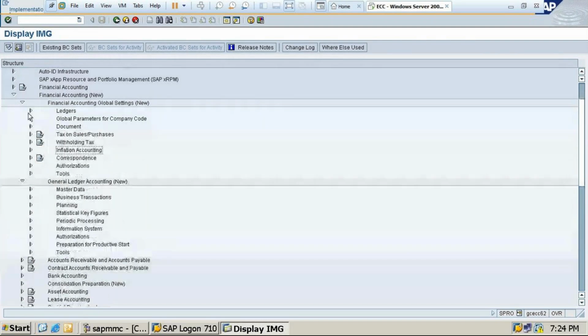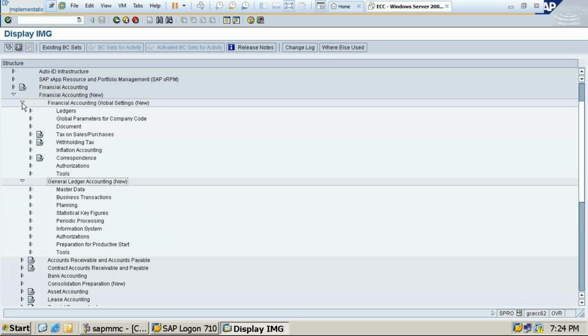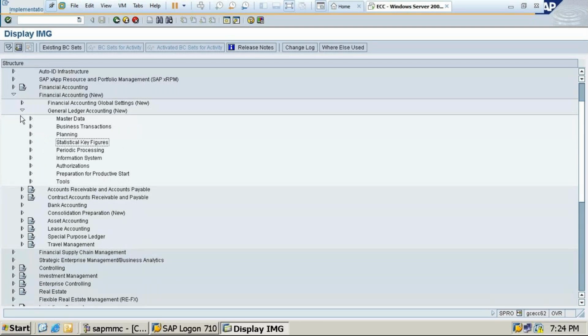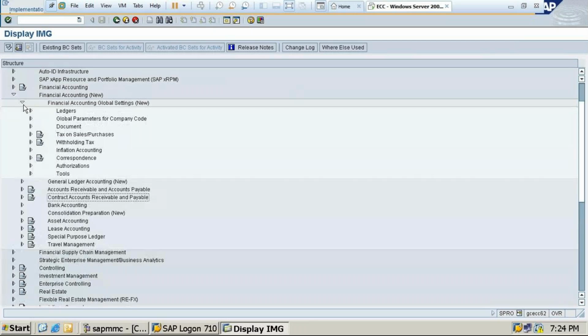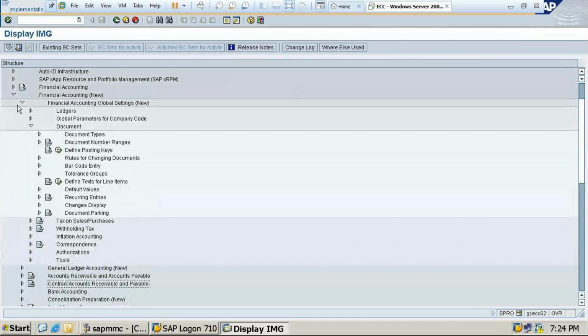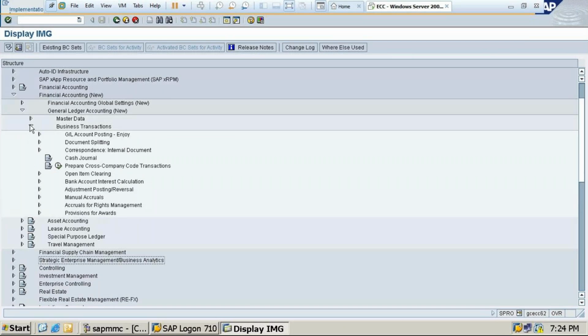Let me tell you how to do document splitting. Here we have document splitting. Now the path will be different. General ledger accounting. I taught yesterday. Who can remember? Yes, business transactions, document splitting.